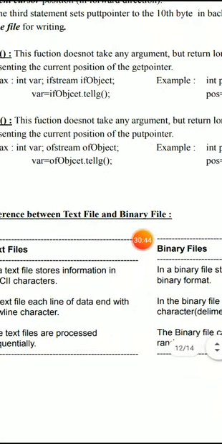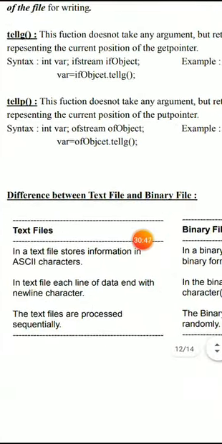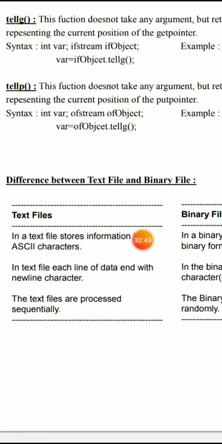The last part is the difference between text file and binary file. A text file contains text characters, while a binary file contains information in bit form, that is in binary values, zeros and ones. So first, a text file stores the information in ASCII characters. ASCII stands for American Standard Code for Information Interchange. I give you a list of ASCII codes followed by their decimal values. During storing text information, whatever characters are stored, the respective ASCII value will be stored internally by the compiler in the respective location.